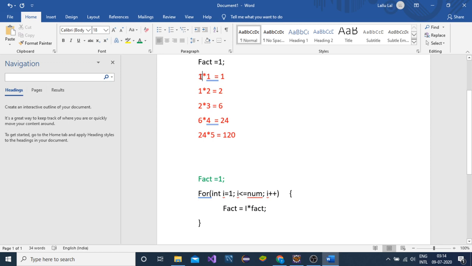I have written it in reverse. You can multiply 3 into 2 or 2 into 3, the result is the same. So to make it easy, what I am doing is factorial into I.